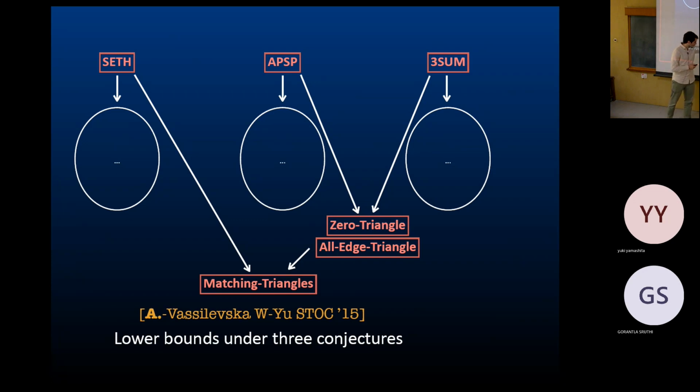And then there are also problems related to triangles in graphs that are hard under three conjectures. These are problems with simple cubic algorithms, and if you improve them, you break three conjectures. And these things can be reduced to other problems. So there are some results with more confidence, but most results don't. We wrote this paper some time ago. We were hoping to base everything on this. A lot of time has passed. It's not happening. It's very hard to use this problem to reduce to other problems. It's a trade-off between how much confidence you want to have and the quantity of results.